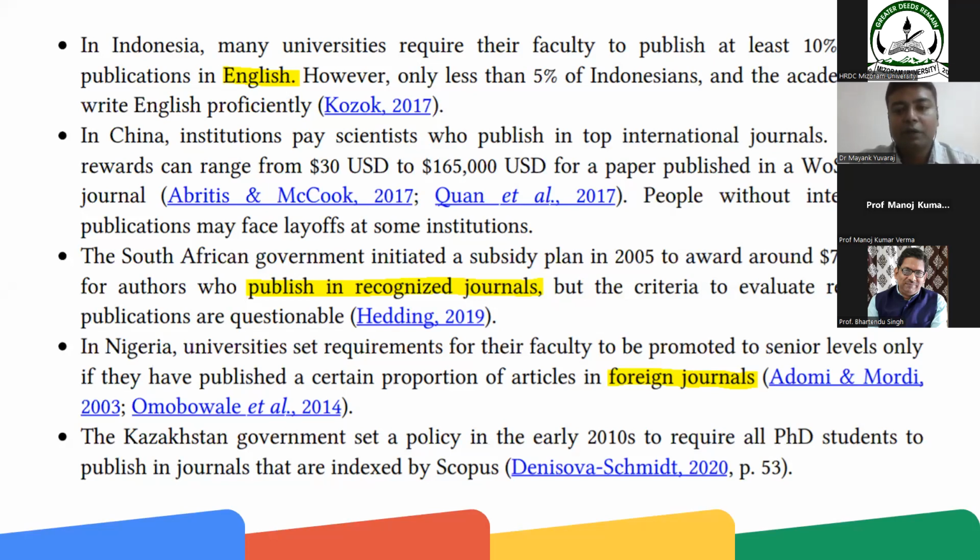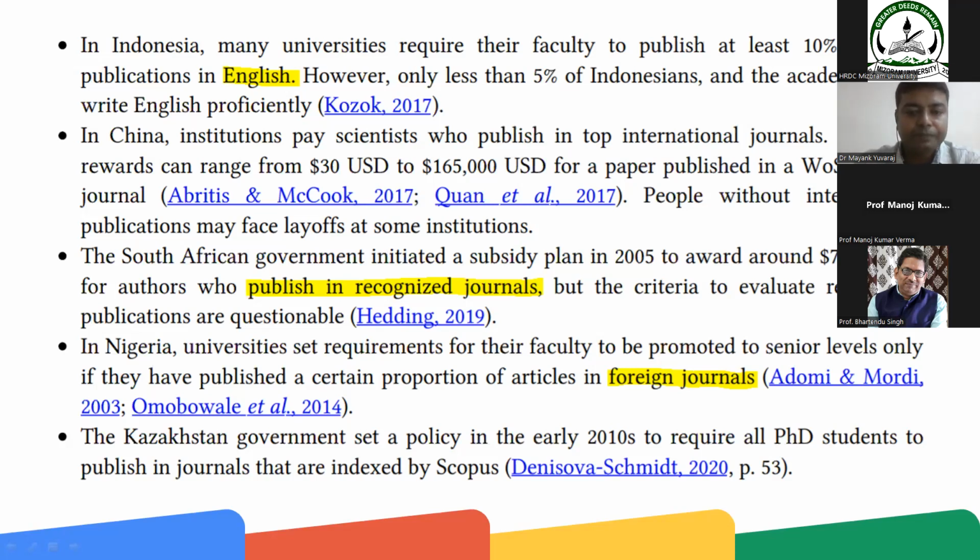But there also there is no clear-cut definition of what they mean by foreign journals. So this is a big problem: how to identify the credibility of journals, which journals are suitable for the research, and where you need to publish your papers.